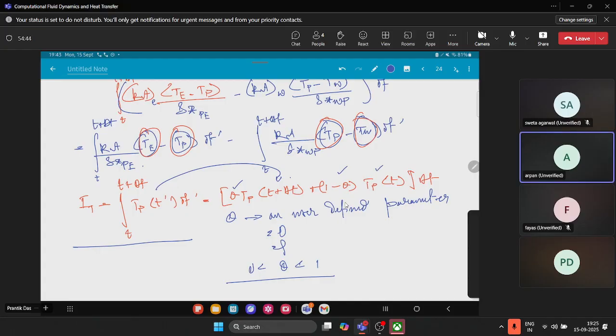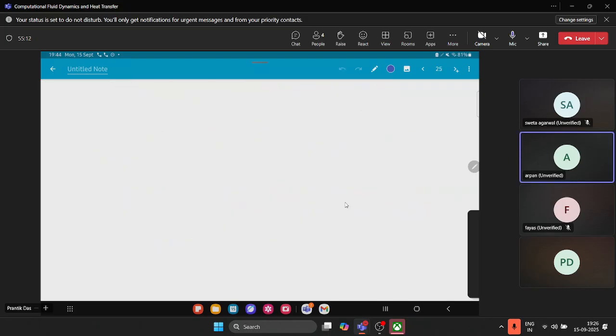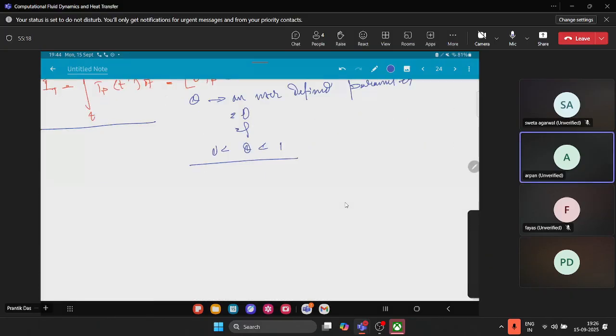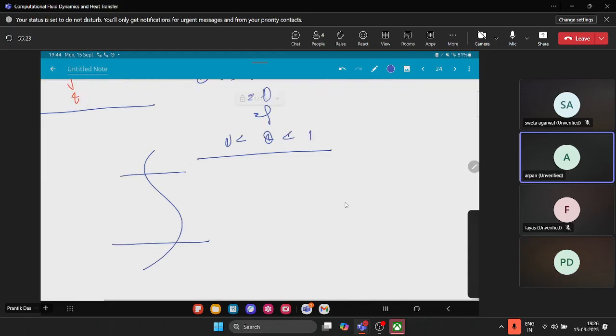So I have a doubt: dou T by dou x, that thing you wrote as T minus Tp by delta xp. That is okay. But my doubt is, that means we are assuming that the temperature is varying linearly in the control volume. Yeah, we are assuming it. In the central difference formula, we assume it to be linear. In case of QUICK scheme, we assume it to be quadratic. So your question is, if it's a quadratic profile, why are we assuming it to be a linear one? Okay. For example, if your profile is somewhat like this, and I zoom in further,